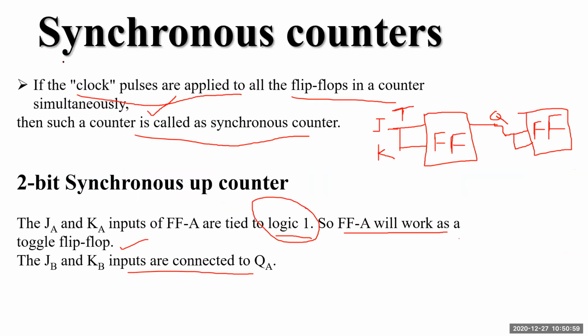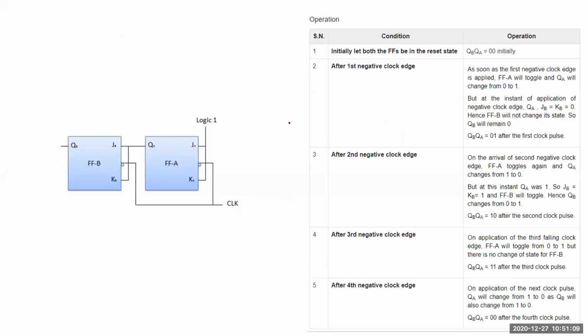When you go for the asynchronous, you'll be having only one clock, and the second flip flop's clock will be triggered from the previous flip flop's output. But in the synchronous flip flop, you'll be connecting only one clock. That particular clock will be triggering the clock inputs of all the flip flops simultaneously, at the same time. So whenever you trigger all the flip flops at the same time, we can say that all these are in sync. These are in the synchronous nature. They are synced with respect to this particular clock. Therefore, we call it a synchronous counter.